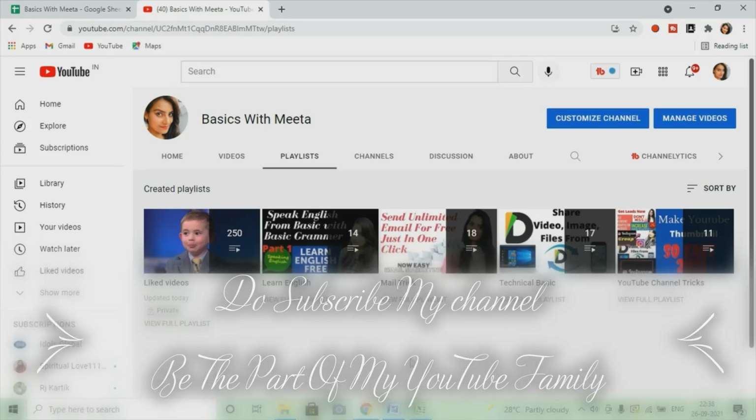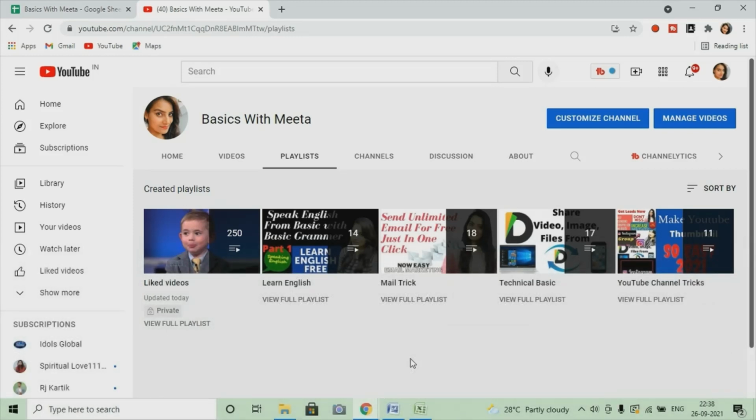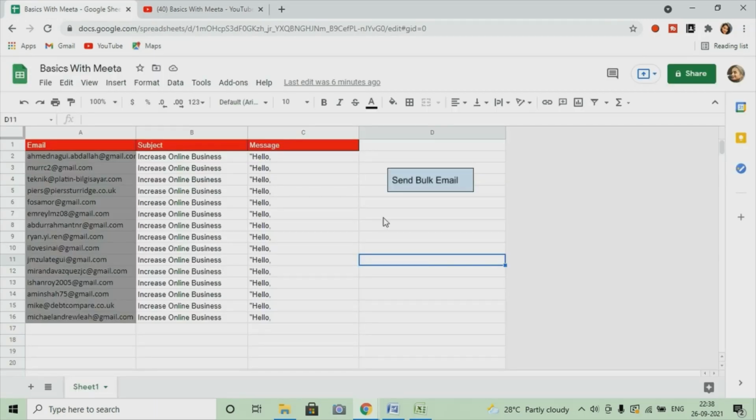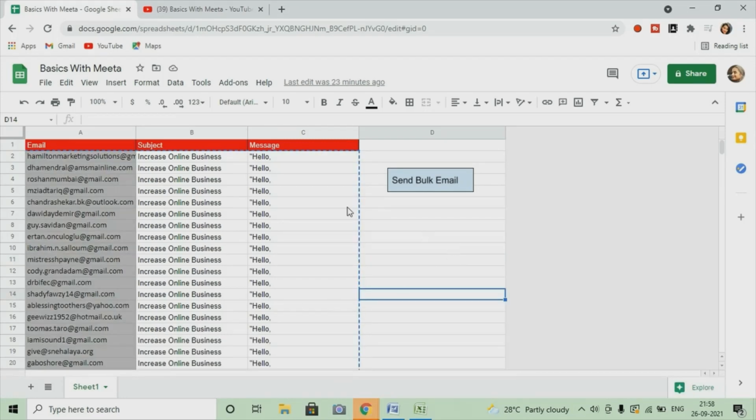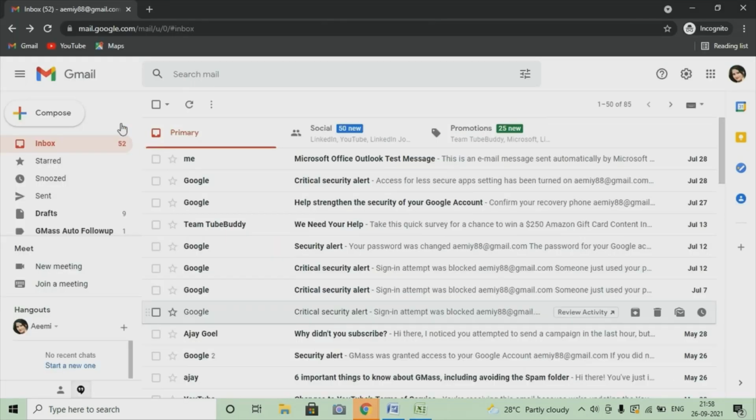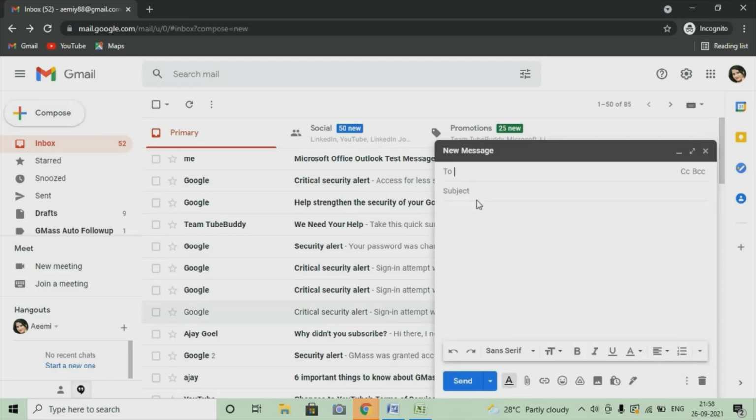So now we are going to get into the video content for which you all are here, which is how you can do the bulk email just in one click using your Gmail ID with its spreadsheet. And this is how you have to align your email subject and message, because for any email what we generally need is an email list, subject and message.